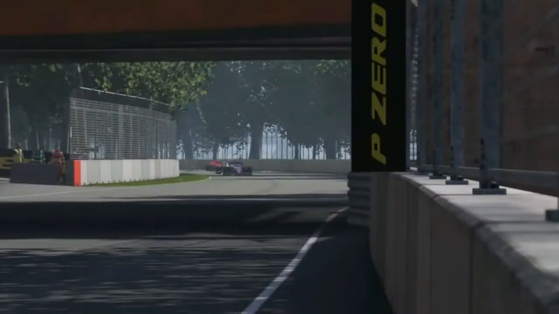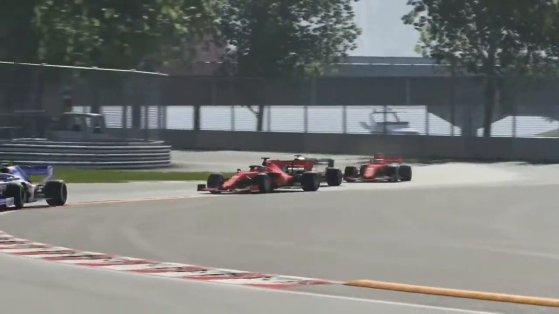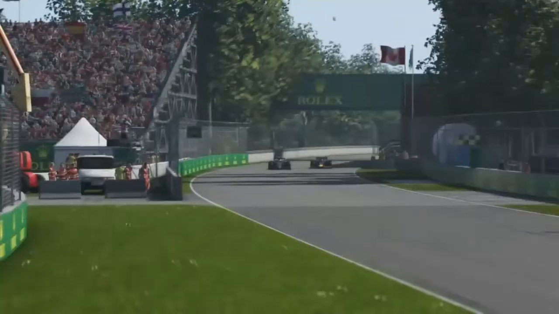We tried to break the tow, but he went with us. He's got to go around the outside, and he's going to lose out to Hamilton if that happens. Oh, Hamilton had to jam the brakes on there. Fair enough, as we go to...